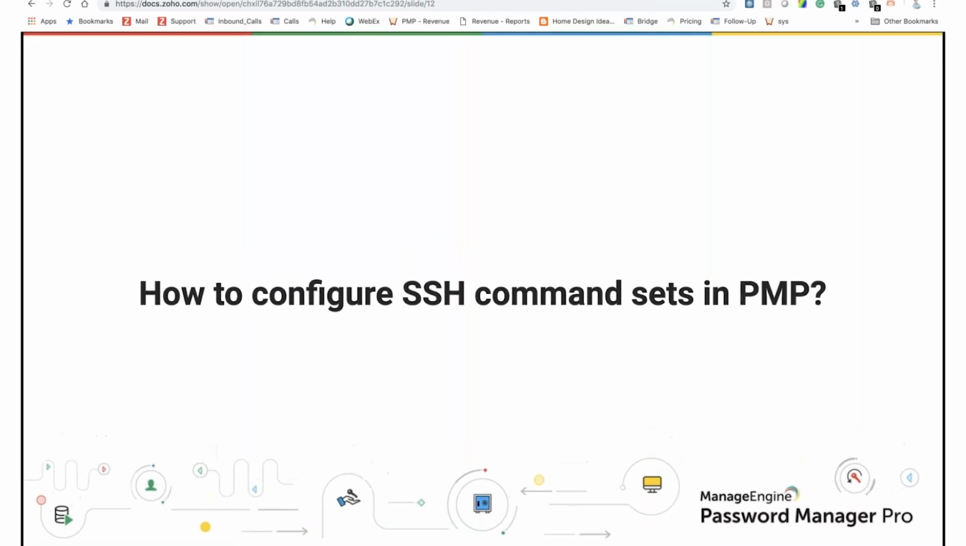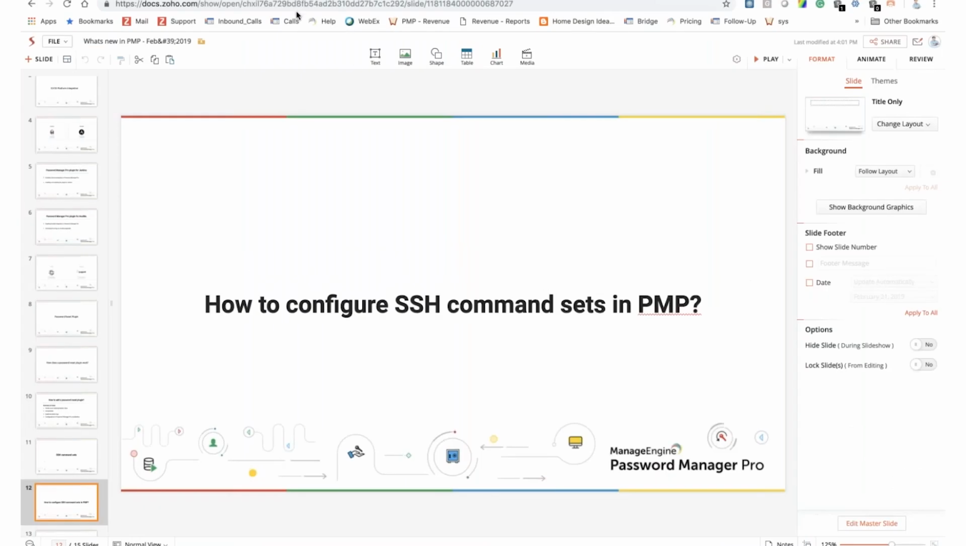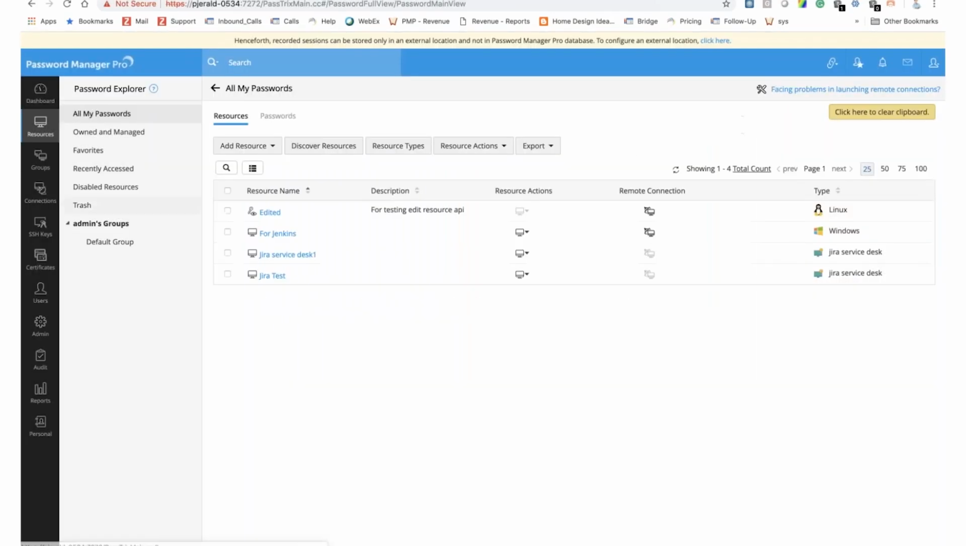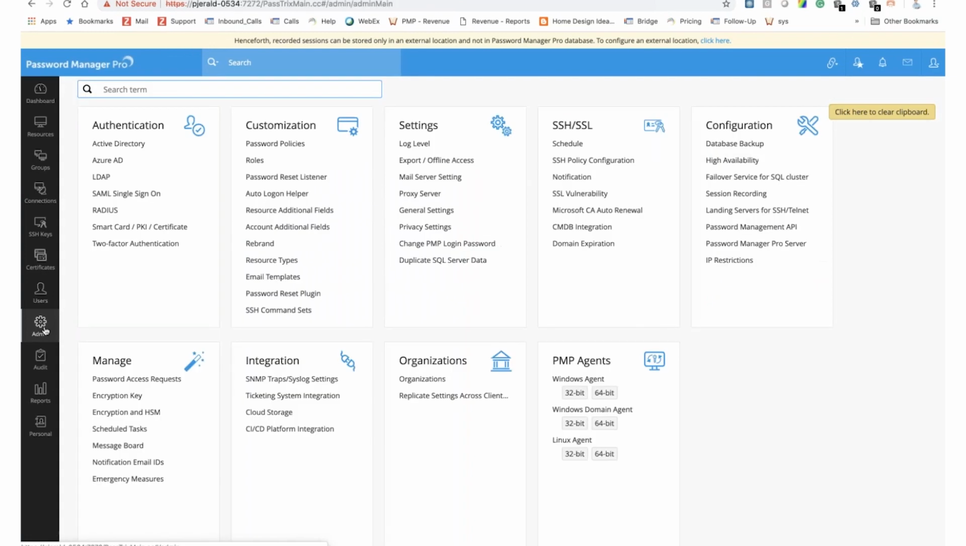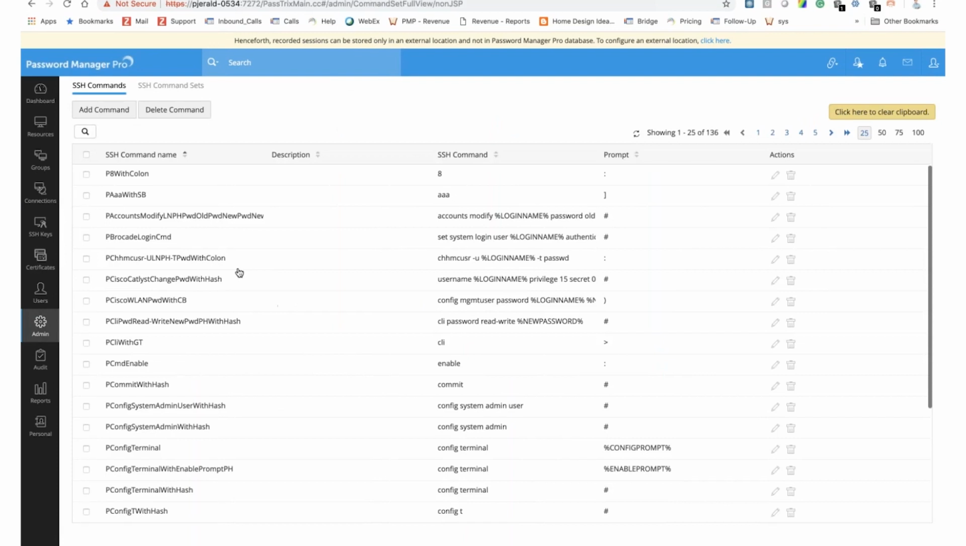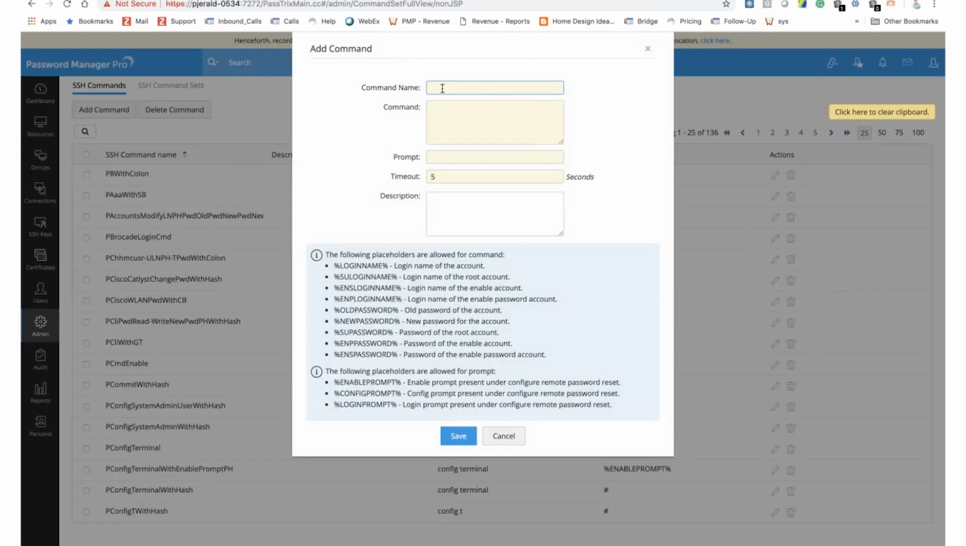Okay, so I will quickly connect to the Password Manager Pro web console. So here, the first step is you have to come to admin under customization. You have to click on SSH command sets, and then you have to click on add command. So here you have to give a command name. I'm going to add it as brocade reset. And here you have to give the command which is used to reset the password. So I'm just giving username, password,